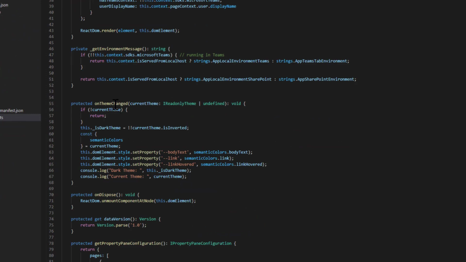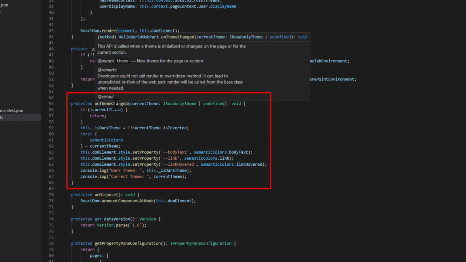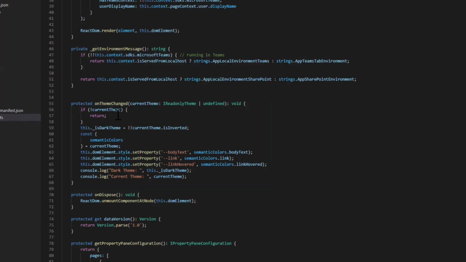And the next is the onThemeChanged event, which is built into the core. So you can leverage this method. Basically, whenever it detects a theme change, this method automatically triggers. Here they are also getting the current theme, and from the current theme they are getting the theme colors, and you can also get the palette and other information.